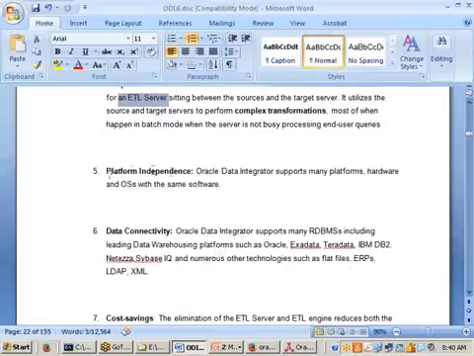Then platform independent, this is an excellent thing. Normally, if I want to install Informatica on a Unix machine, then while you are downloading itself, what you are going to do, sir? You need to download the Unix corresponding Informatica. Or you want to install on 32-bit Windows, you need to download the 32-bit software.